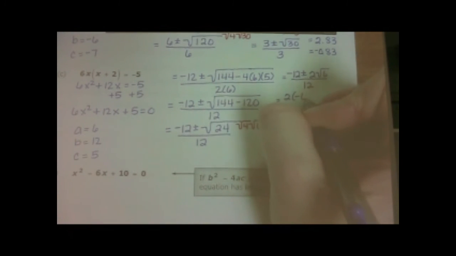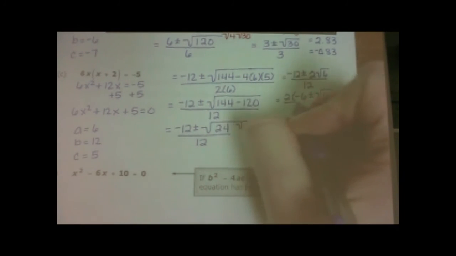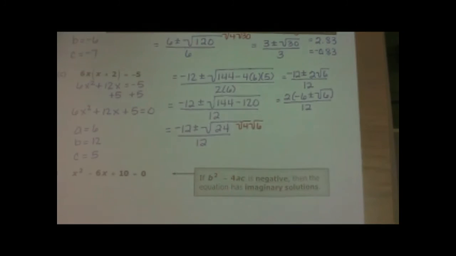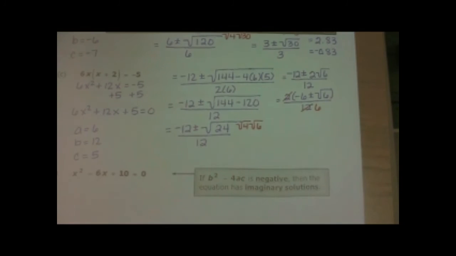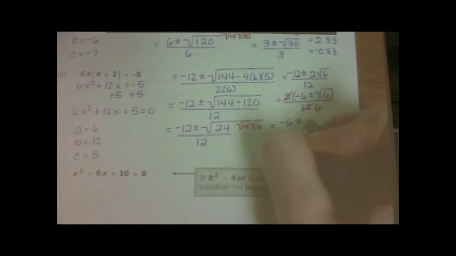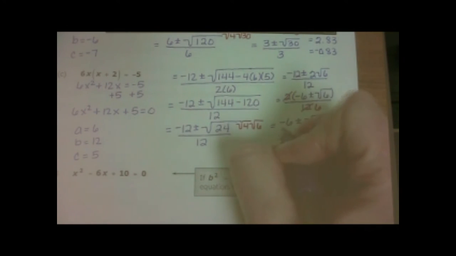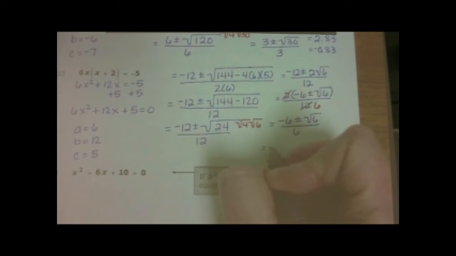And then parentheses, that gives me negative 6 plus or minus the square root of 6. Divide that by 12. Now I can cancel. 2 goes into itself once and into 12 6 times. So my simplest radical form answer is negative 6 plus or minus the square root of 6 all over 6. And I just need to put this into my calculator to figure out the decimal solutions. So negative 6 plus the square root of 6, then hit equals, then divided by 6. This is going to give me negative